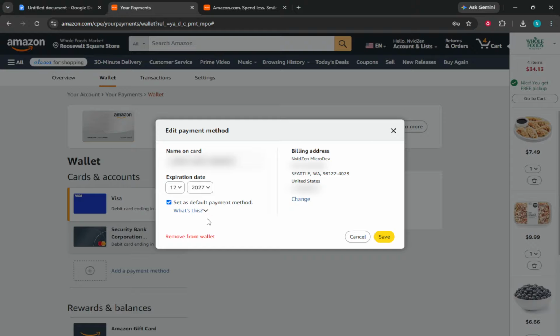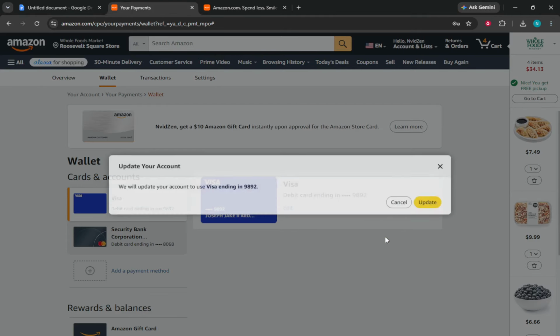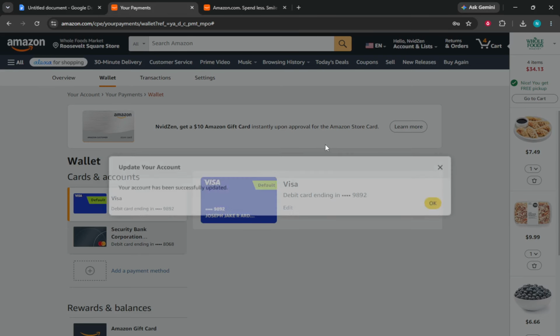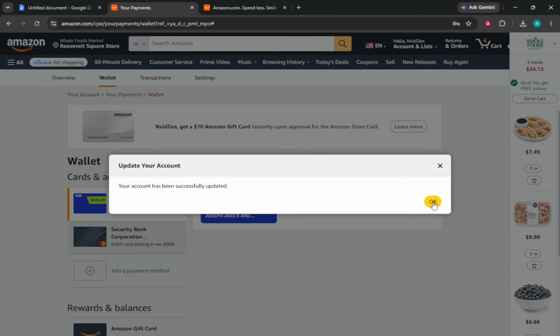If you want to add, edit, or remove payment methods, go back to the Your Account section. Click on Your Payments again to open the Payment Methods area. This is where you can manage multiple cards easily. When you select Add a Payment Method, you'll be prompted to enter the details of a new card. Ensure that you input the correct information, as this will be necessary for future transactions. Adding new payment methods can be beneficial if you want to keep your options flexible for various purchases.